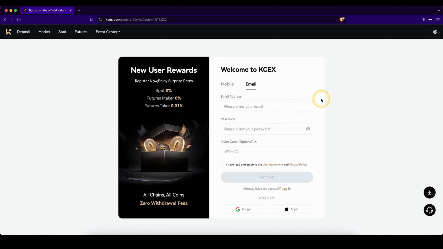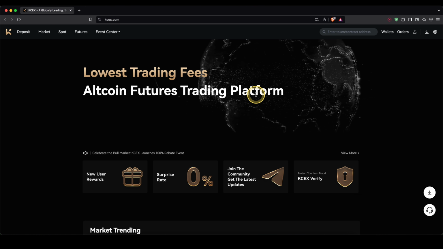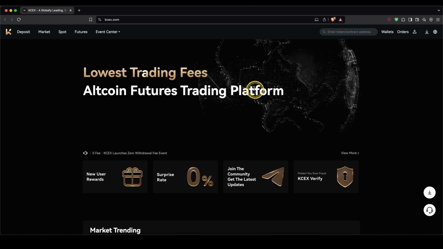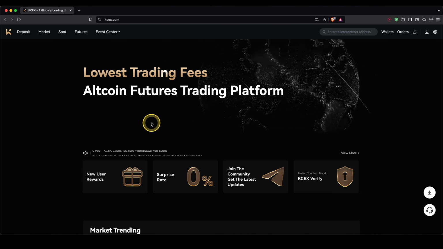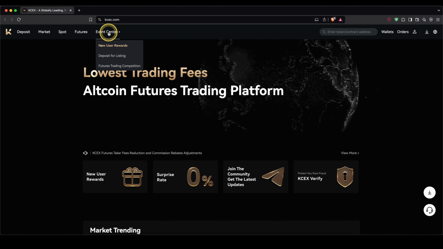So to create your account, simply enter your email address right here and set a password, or use Google or Apple sign up, and then you're ready to go. Once you have created your account and you log in for the first time, you will get to this page right here, and to claim your additional flat bonuses, simply go up here to the event center and click on